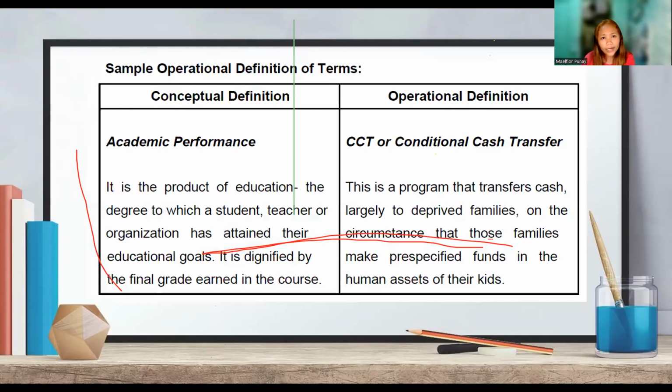So here is an example of operational definitions of terms. So from conceptual definition to operational. So when we talk about academic performance, so this is according to the dictionary term. But in operational definition, so when we talk about CCT or the conditional cash transfer, so mao ni siya ang atong mga